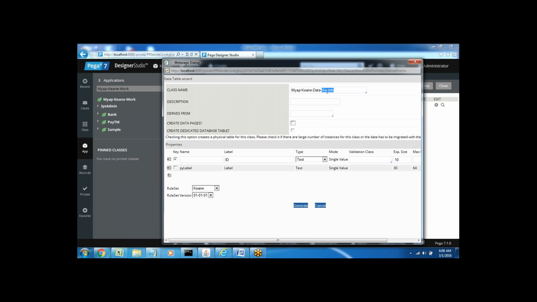Okay, but while using this table, we will use the entire class name, not only just this name. If you want to use this particular table in the application, we have to use this entire class name. This total name is considered the table name, or in Pega terms it is called the class name. Description, you can give anything. Derived from